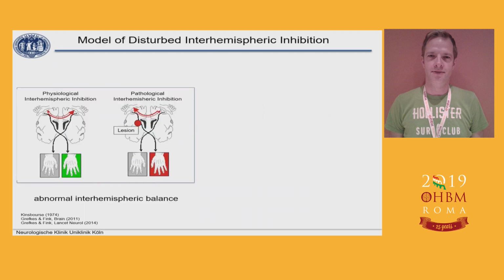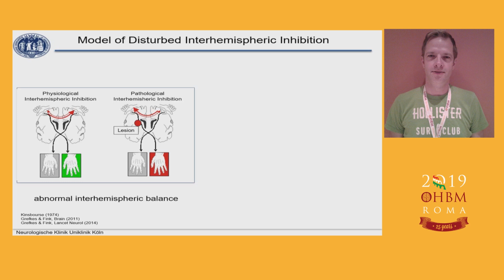And this fits perfectly into the model of interhemispheric competition, which is a quite established model and has been discussed already for many decades now, which assumes that under healthy conditions, the hemispheres, at least at rest, are in some balance in terms of interhemispheric inhibition, and that a lesion can significantly disturb this inhibition. And this has stimulated quite a number of experiments which try then to interfere with